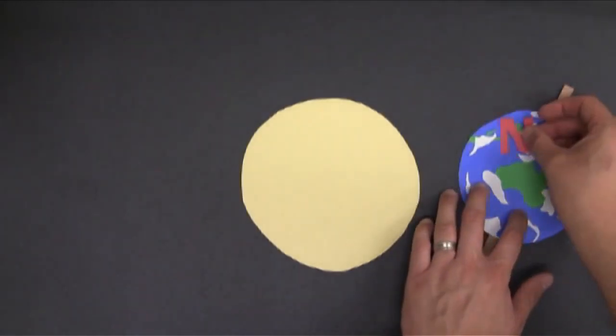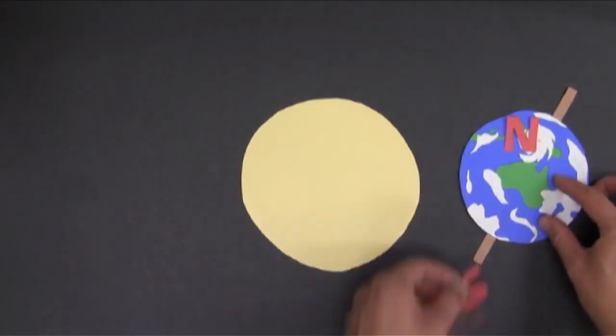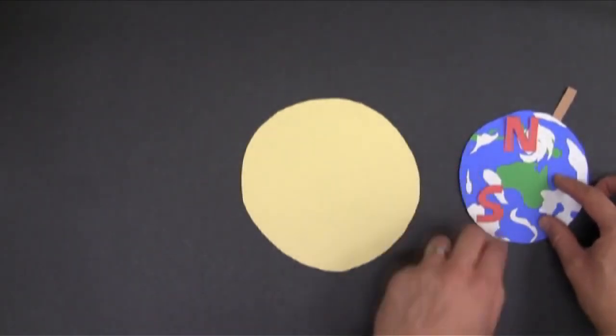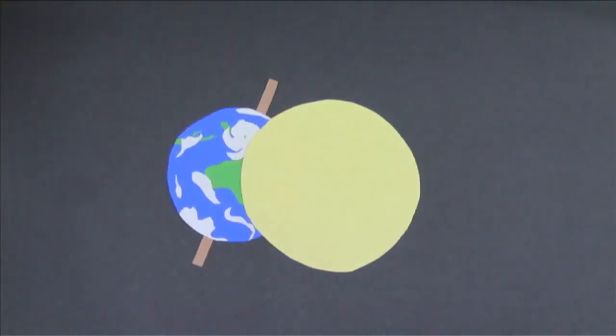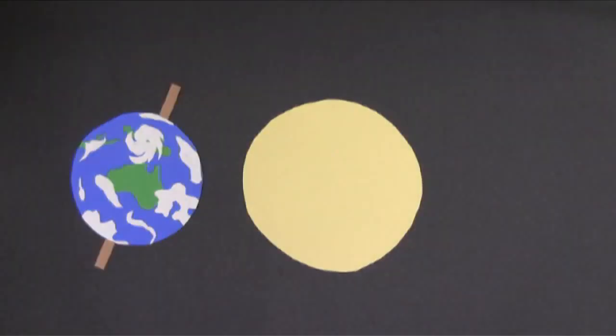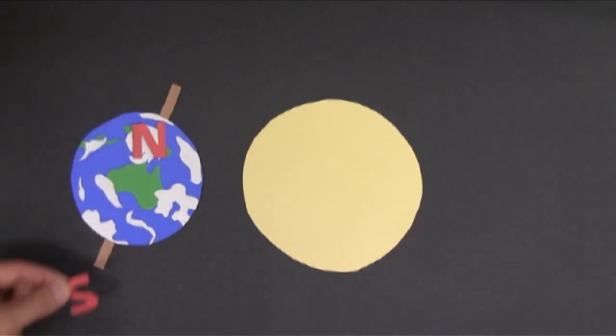So, when the Earth is on this side of the Sun, the northern hemisphere is angled away from the Sun. The southern hemisphere is angled toward the Sun. When the Earth is revolving around the Sun, it stays tilted in the same position. The axis doesn't wiggle around or anything. It just stays fixed in a certain direction. So when the Earth is over here, the northern hemisphere is angled towards the Sun, and the southern hemisphere is